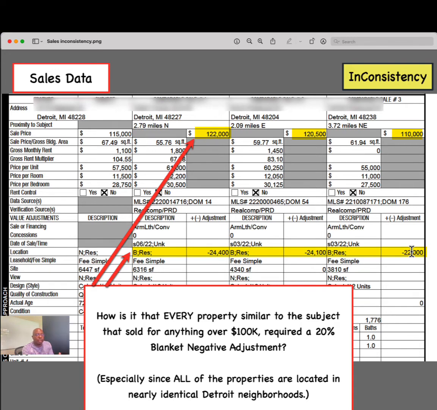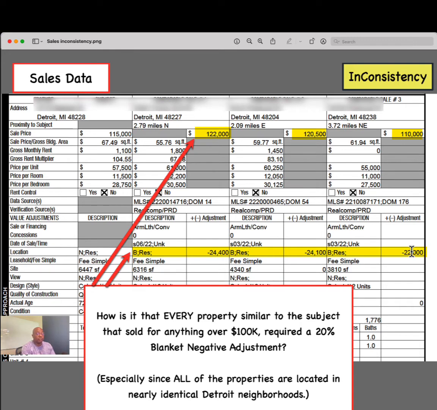So somebody was able to just make a blanket 20%. 20%, think about that. 20%. And not a word. Now, that tells me again, how are you able to get away with this unless you've already decided some things? I have no idea. I know for a fact that when I make adjustments in appraisals,